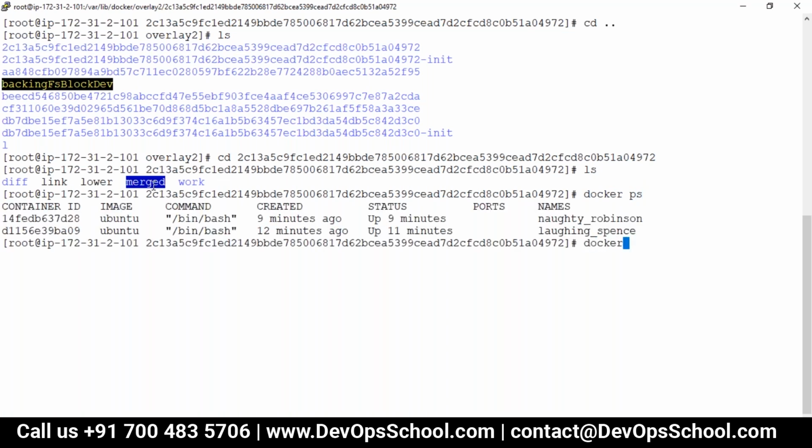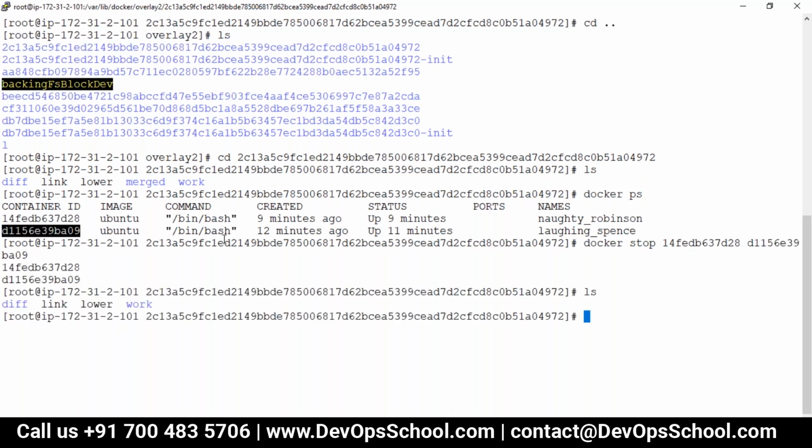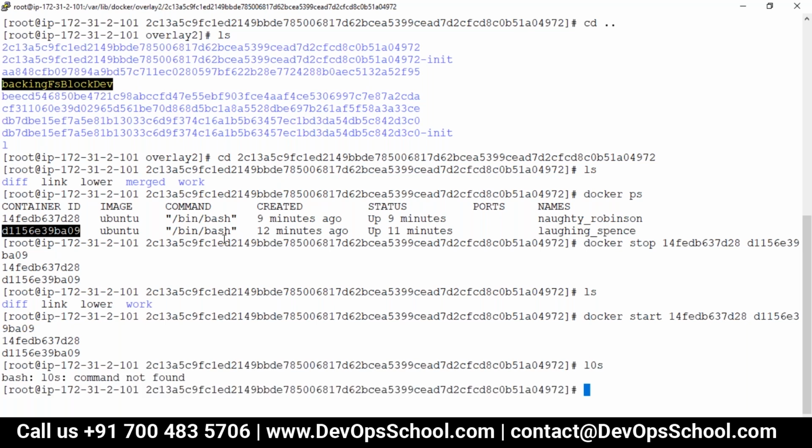So let me stop all the containers. See, it got deleted. Now can I start this? You see here, it came back. So all this allocation happens dynamically with the help of union mounts.